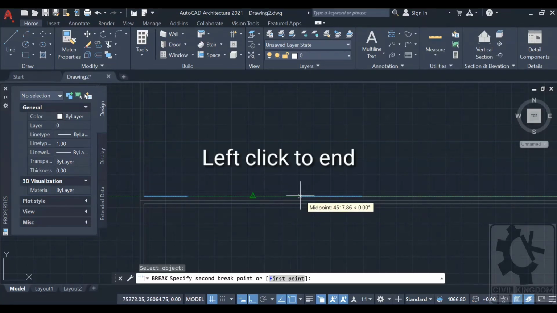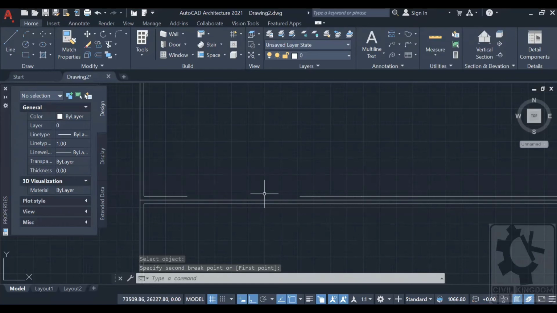And if I left click again, there will be a break between these two lines. So it's used basically to insert a door or say an opening.